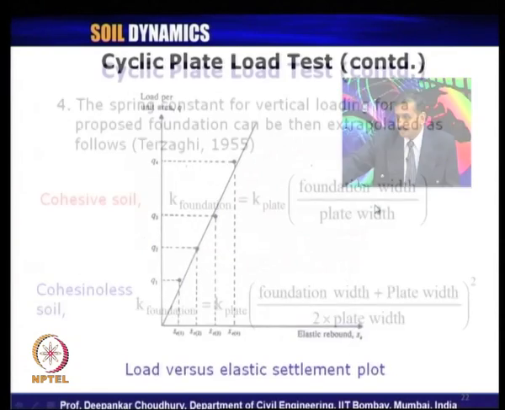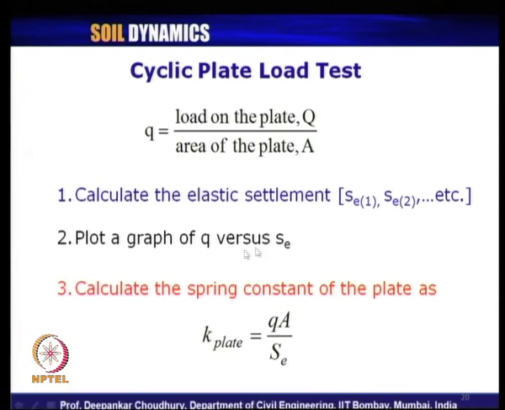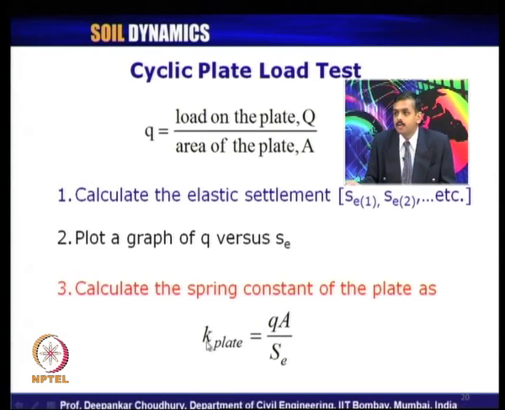Let us see that. So, let me go back once again in the calculation. So, the spring constant of the plate is estimated like this. K of plate is given by Q by S E, which is nothing but the slope of that curve, times the area, which will give the spring constant. So, in this way the stiffness of the plate material is obtained. Now, we need to convert this stiffness of the plate to the actual footing or actual foundation which we are going to use.